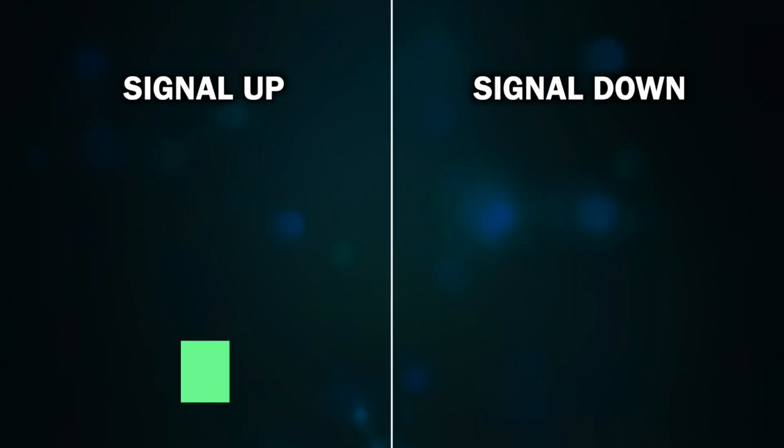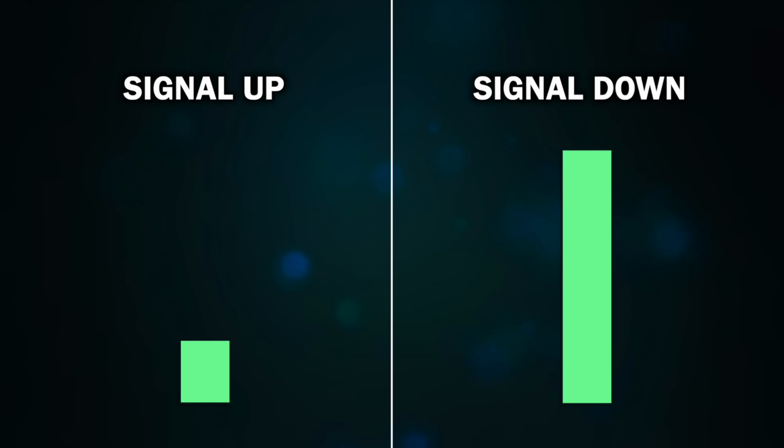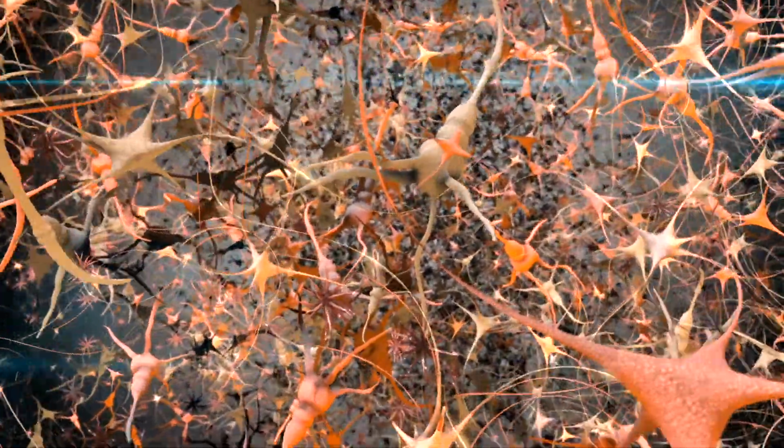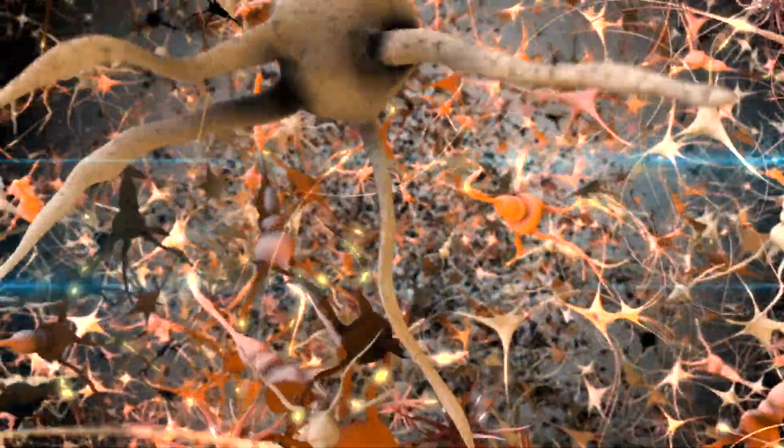It can also be affected where the pain may reduce, but the body is on high alert. So a small signal up can end up producing a big signal down. So a high pain response from a small input. And a lot of the time, as these neurons are firing to deliver the pain response, they get better at doing that.